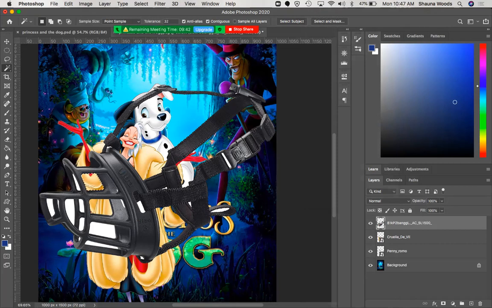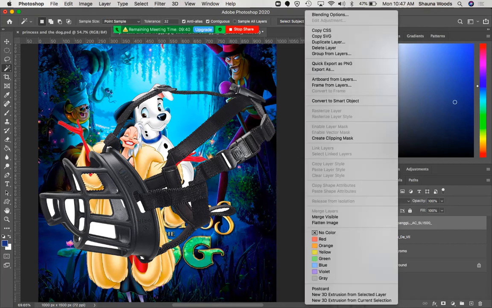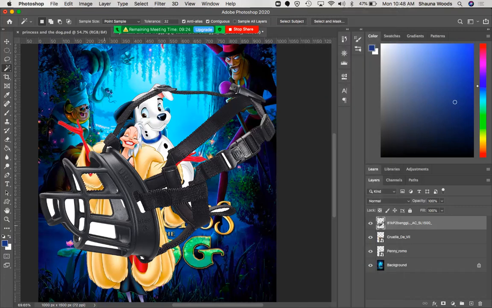In order to do that, what that means is I just have to make the image into something that is not a vector, something that's made up like a photograph of pixels. So I just right clicked the layer and went to rasterize layer because it was a smart object. I don't think that's going to happen for you guys though.